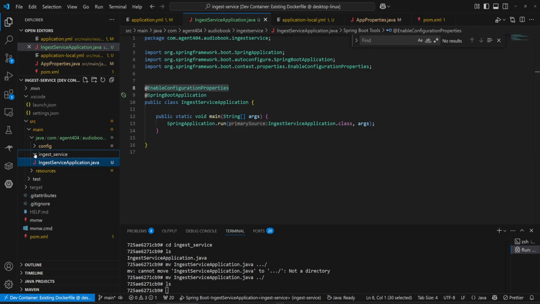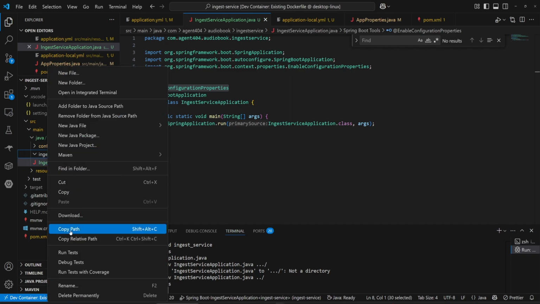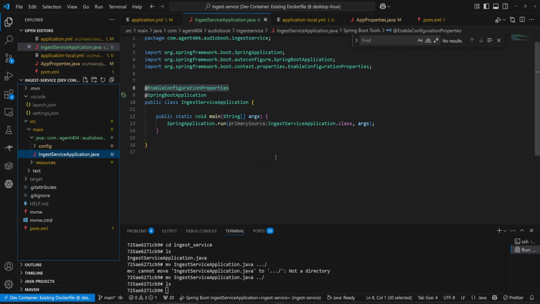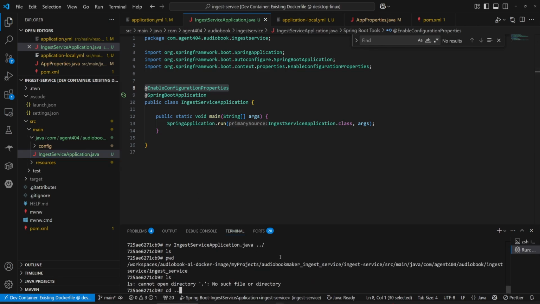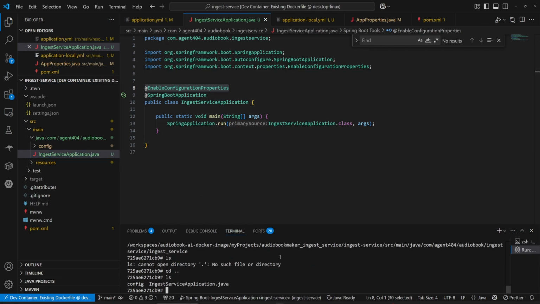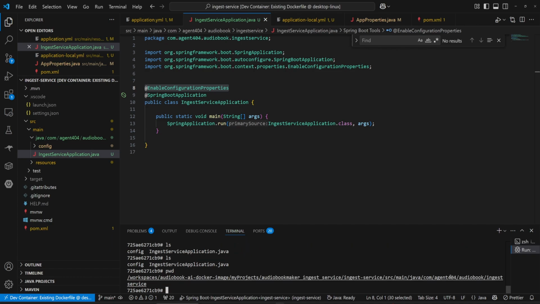So it's not in this directory. This directory is empty, so I don't need it anymore. Delete permanently. Delete. Now it's in the root directory. Well, one directory up. So here. DW. There's my